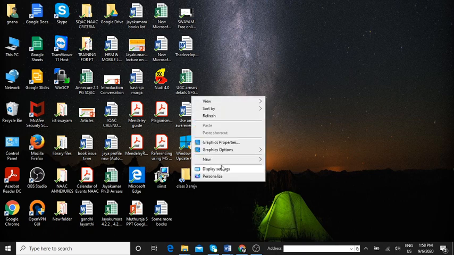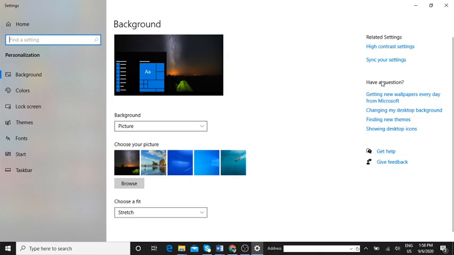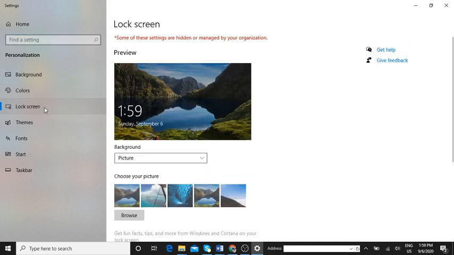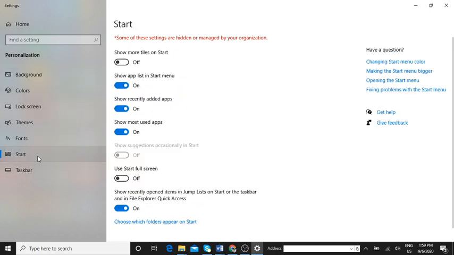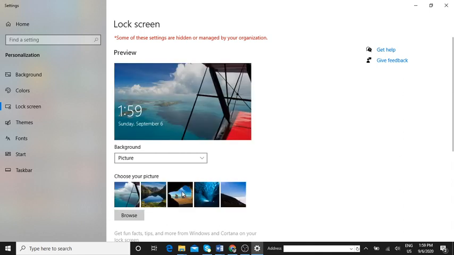In personalize, click on lock screen. It's already there.